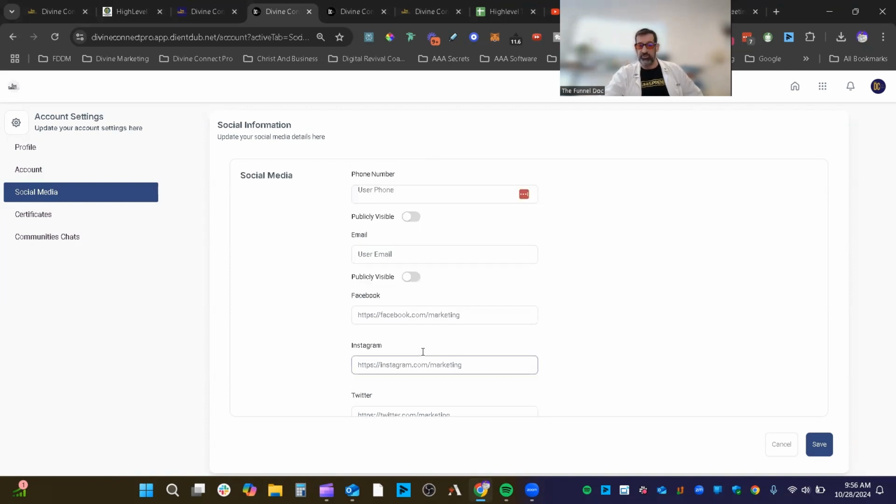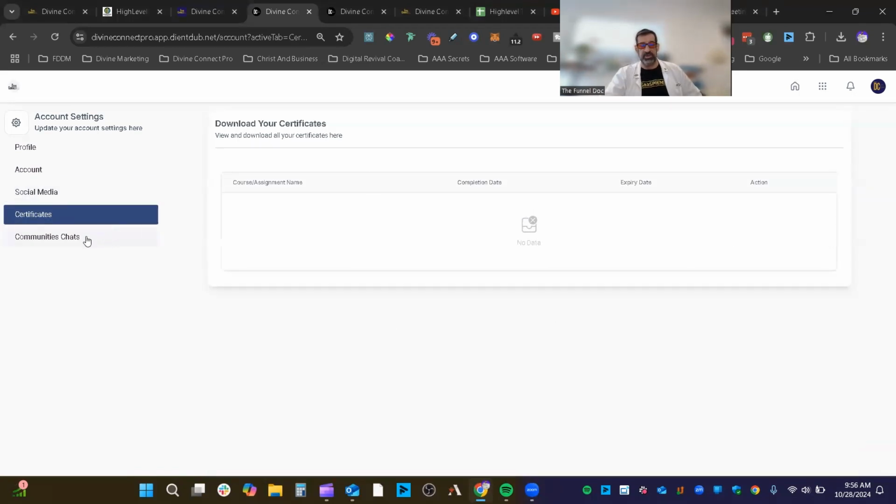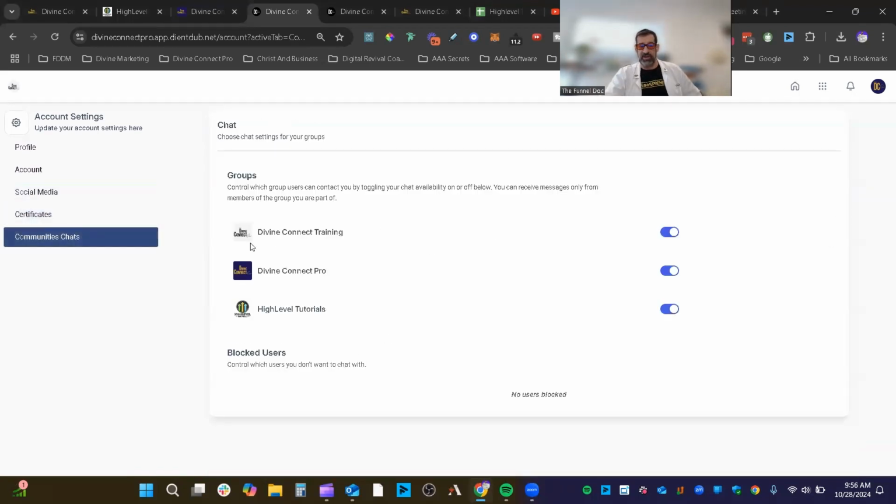If you want to put your social media in there, your phone number or your email, make it visible, it's up to you. And then your different certificates will be listed. You've got your different community chats here. You can see I've got 3 different chats. Any blocked users, and you just turn these chats on or off if you don't want to have access to them. So that's the account settings,